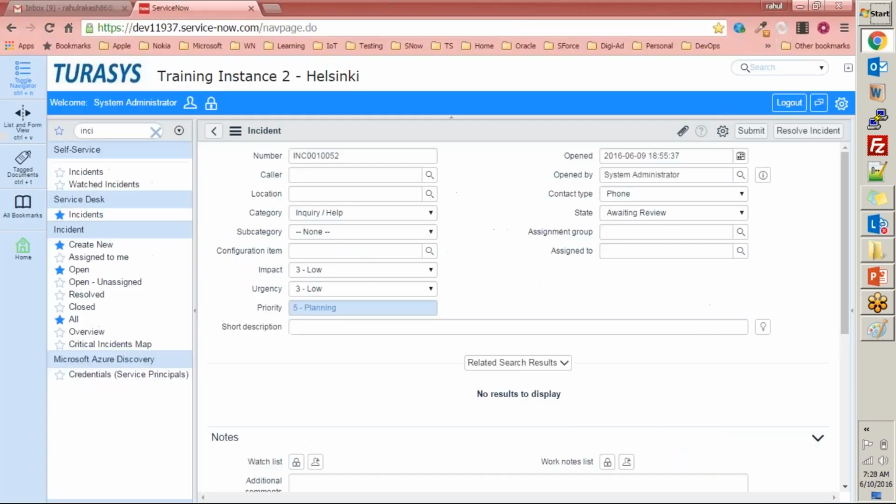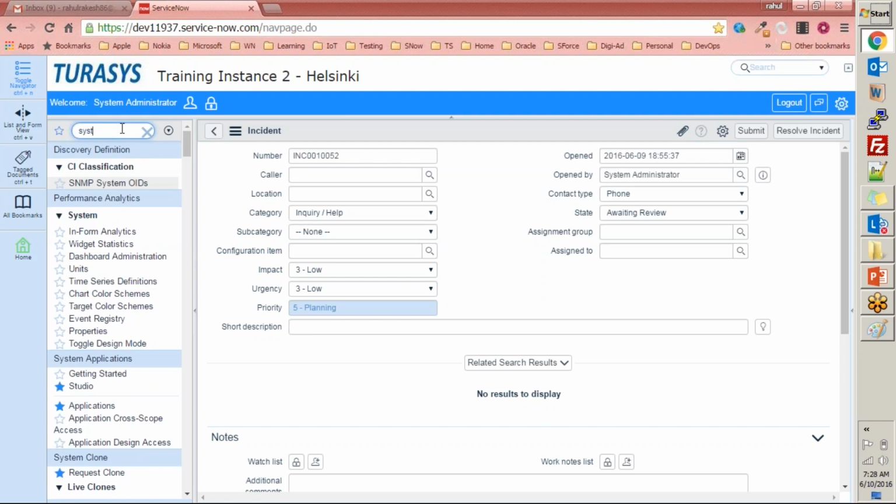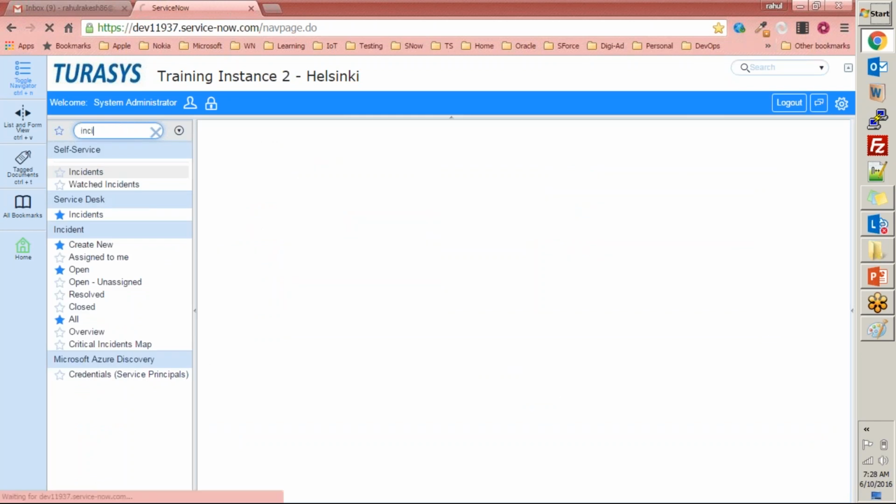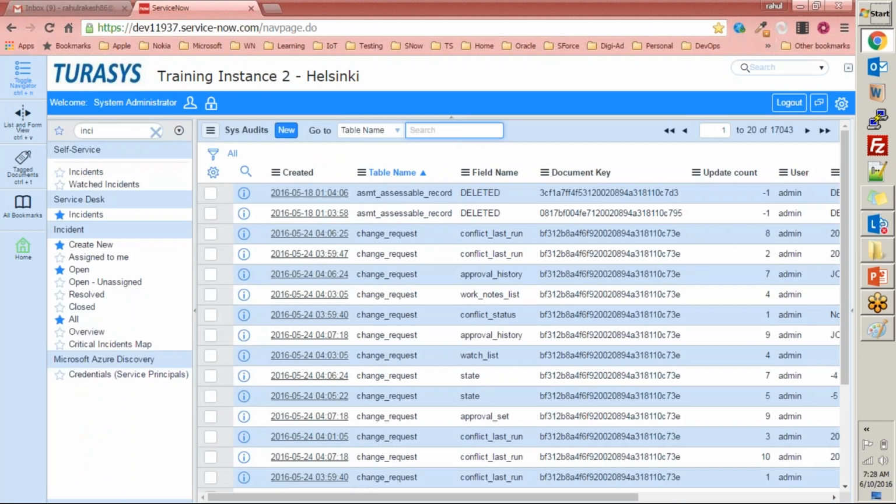But then you can create audit logs for the tables by adding a property on the table itself. The audit logs for the tables get stored in a table known as sys_audit. If I go into sys_audit.list, I'll see all the audit logs created for these tables,